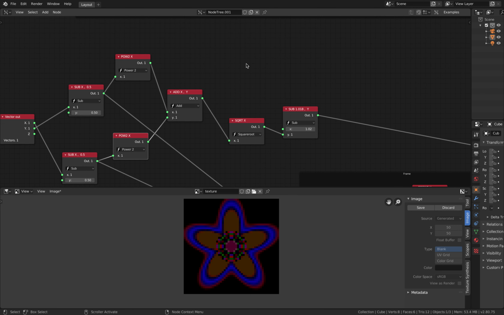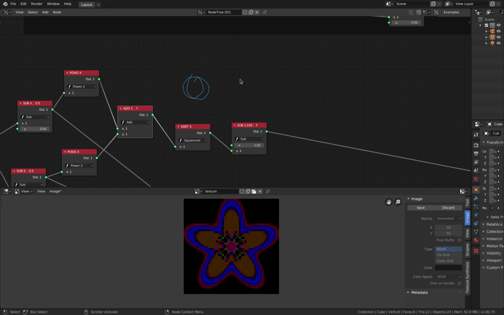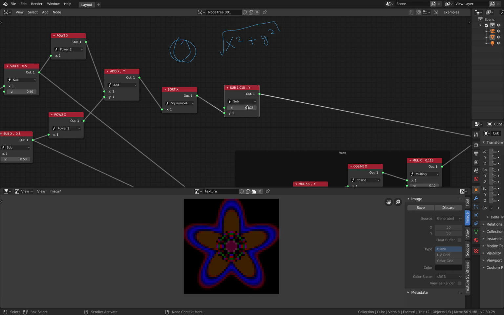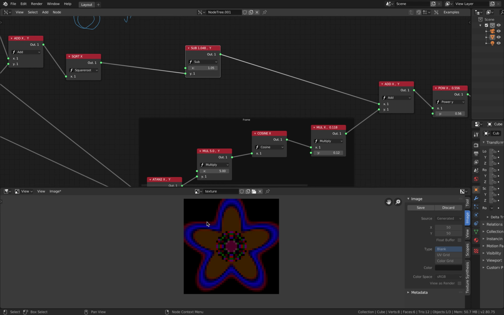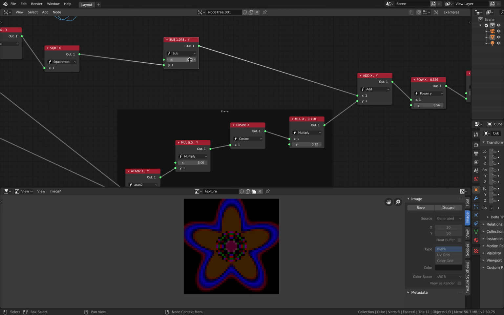Okay, that's why we have these square roots and the power of 2. I think it's based on this formula to find the distance. And then we have this sub. This one is controlling, it seems like it's controlling the size. The petal itself